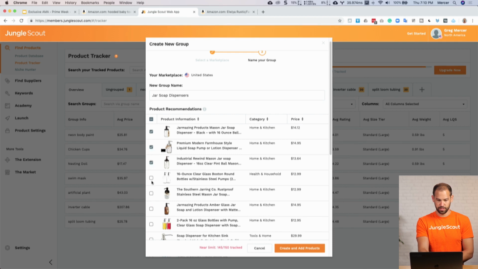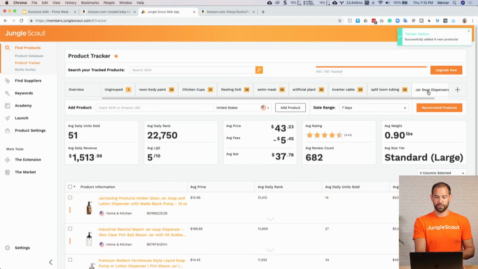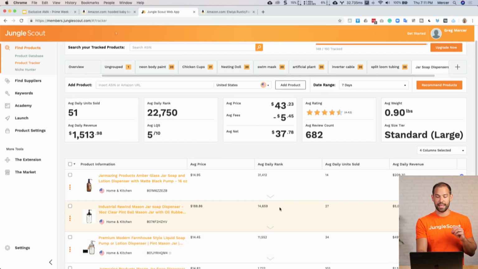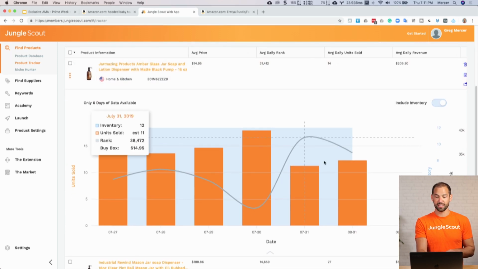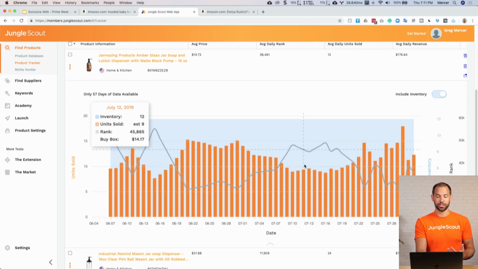So I'm gonna add some of these soap dispensers to my group. And I like creating these groups for a number of different reasons. One reason is that I can see on a day-to-day basis how well these items are selling. And I can also monitor their sales price and their inventory for those days. So this is really powerful information to have, and it helps you monitor your competitors on a